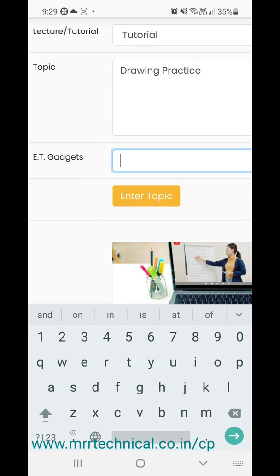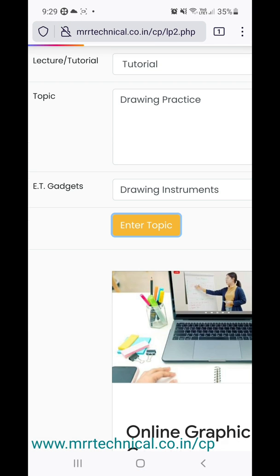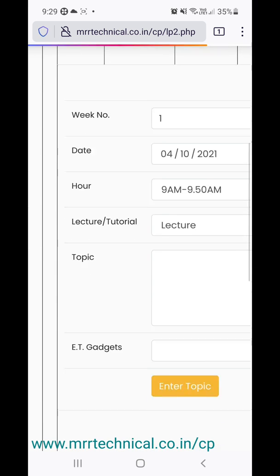Okay, so here what are the gadgets they are using during the tutorials? Drawing instruments. Okay, enter topic. That will be added here.